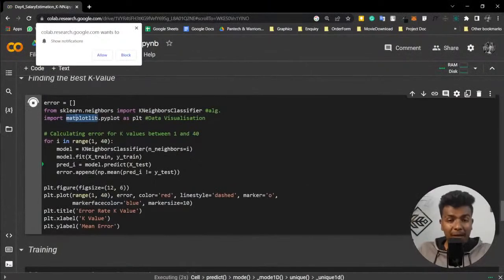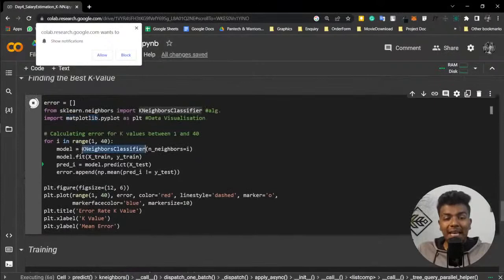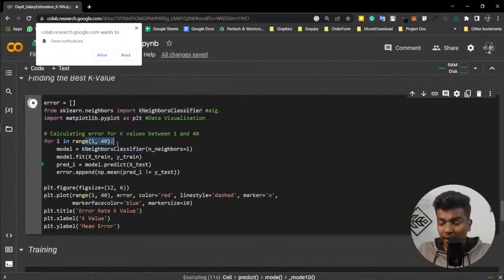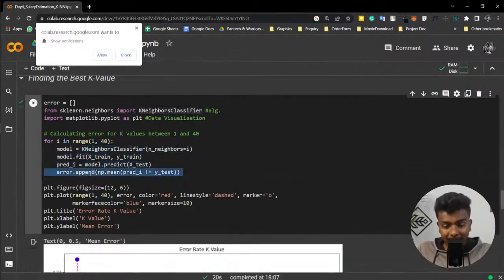Using the matplotlib library, we are going to draw the graph by passing the k nearest neighbor algorithm with n_neighbors, iterating with for i in range of 1, 40. At the first iteration, the k value is going to be 1, the k nearest neighbor algorithm is trained, it predicts, and the error is calculated.